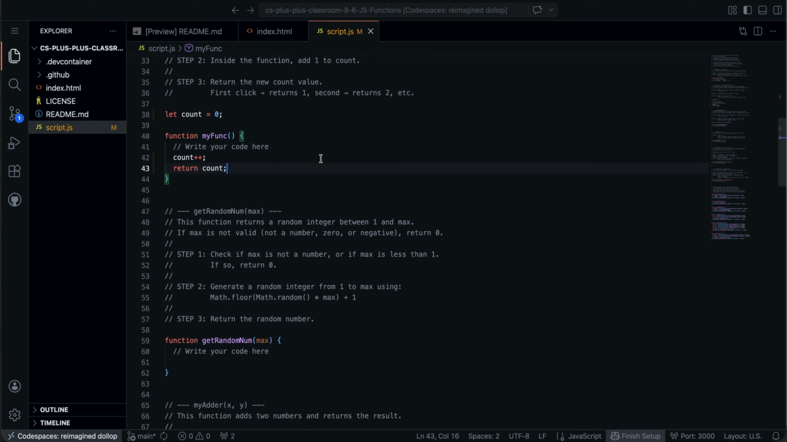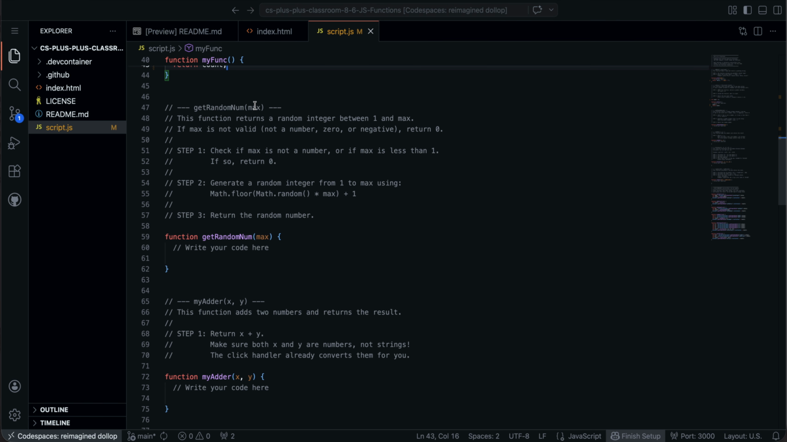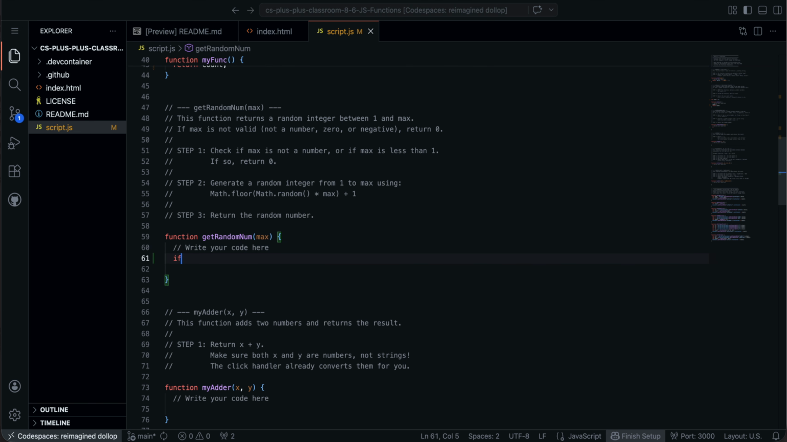All right, the next one is going to be get a random number. And you're going to put a parameter in here that is the max. So what is the highest thing you want? So for this one, if max is not a valid value, so it's not a number or 0 or negative, you want to return 0. So this one does have a little bit of a check, but it's pretty simple, right? You just have to check to see if